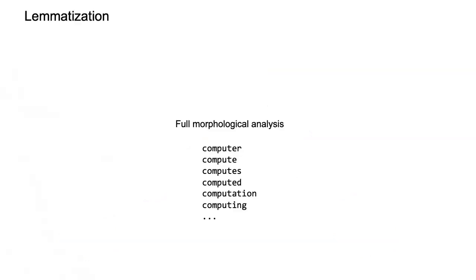So part of lemmatization is also to consider what's called morphological analysis. It's a scary word that just means that, for example, computer, compute, computes, computed, computation, computing, you just kind of put them together when you look these words up in an information retrieval system. In fact, if you try it with Google or Bing or DuckDuckGo, you will notice that kind of behavior, that it's actually automatically also searching for words that are morphologically close.